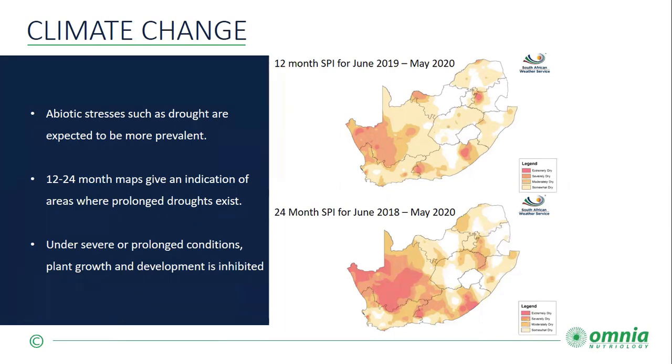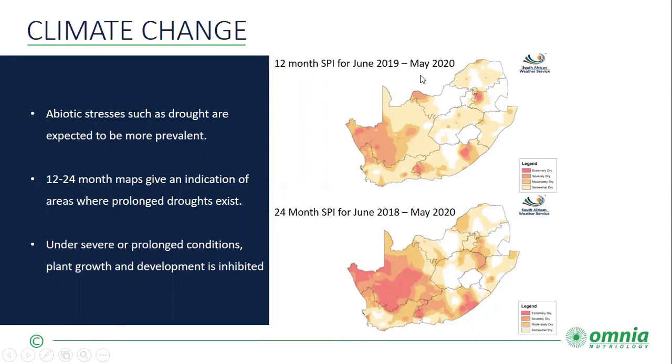And due to its nature, agricultural productivity is vulnerable when it comes to climate change. We are well aware of the negative effects that abiotic stresses such as drought have on the productivity of our farmers. And these drought periods are only expected to become more prevalent. Now, the degree of this vulnerability will depend on both the biophysical impacts of climate change on crop yields, as well as our ability to adapt to changing production conditions.